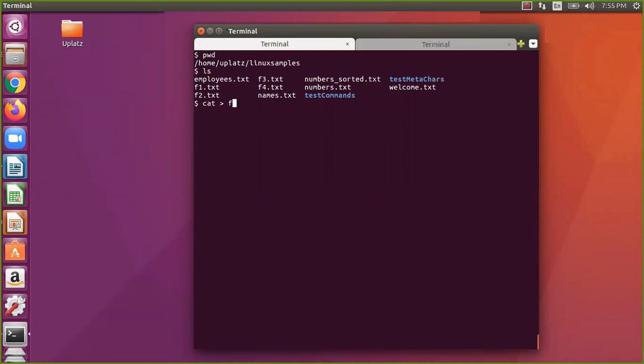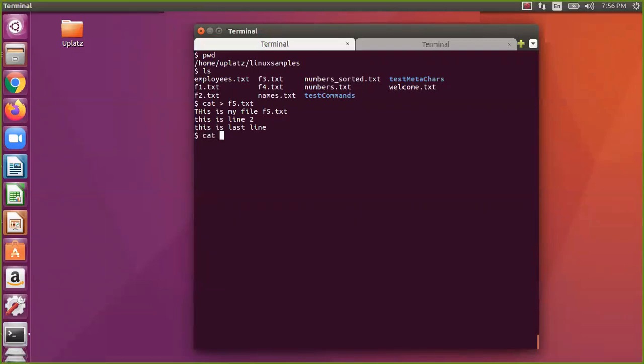So I say cat fi.txt. Now it will wait for the input. I type: this is my file fi.txt, this is line 2, this is last line. I enter whatever I want, and the end of the input is Control D. I need to press Control D.